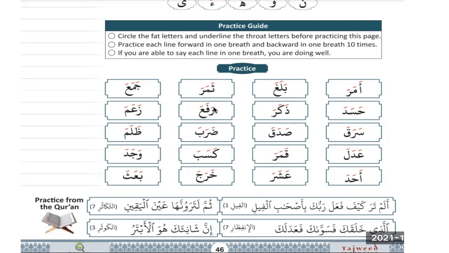And if you see fa, again, what part of our lips are we using? For fa, we use the upper frontal teeth touching the bottom of the lip. Fa, fa, and blowing the air. Rafa'a. We are not stressing any syllable; we are just giving equal length. Rafa'a. Okay. Then za'ama,